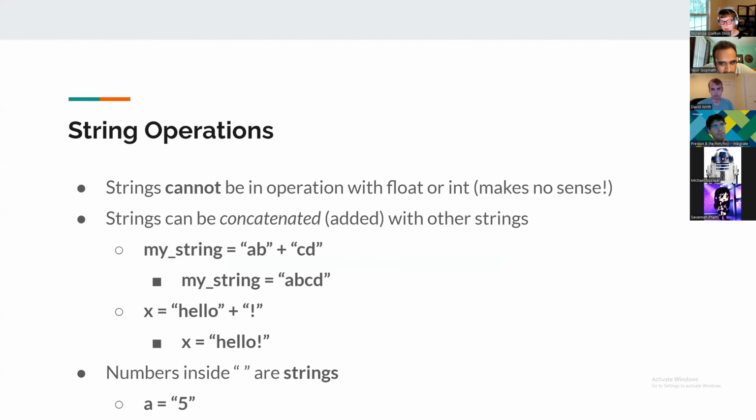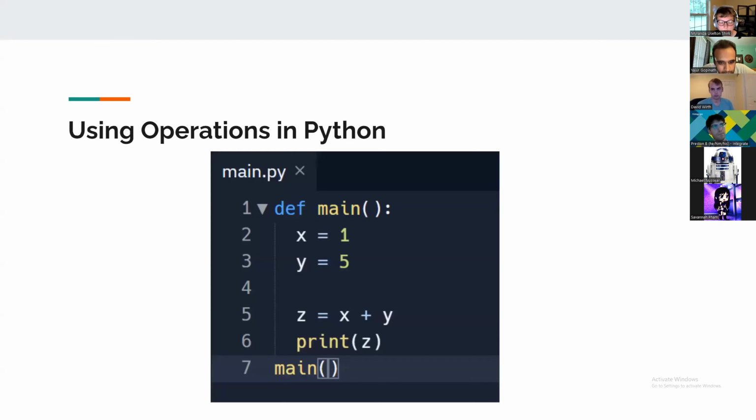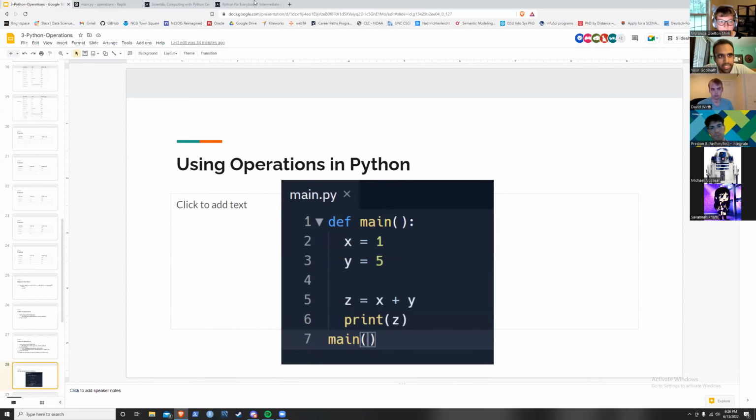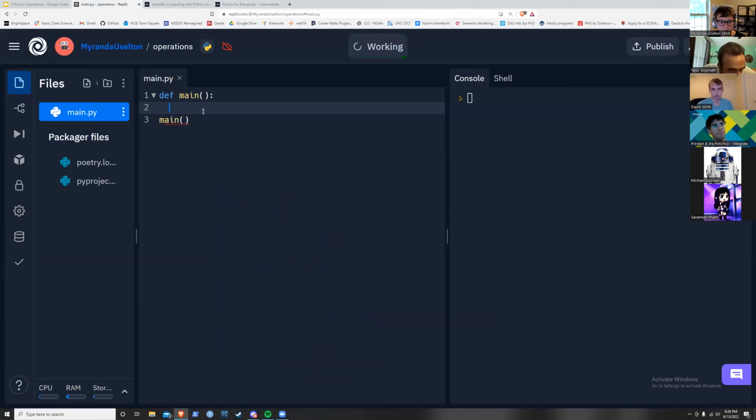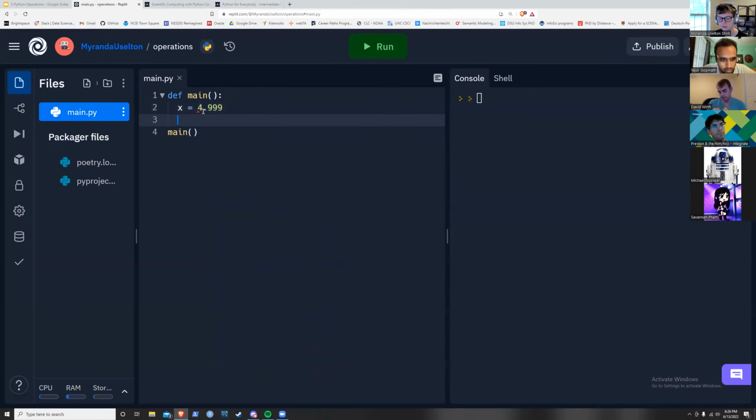I can go back, and I wanted to show some examples. Does anyone have an example that they want to type or check? I'll just start typing stuff. You can name your variables whatever you want. I'm just using x and y because it's easy to type. If I have x equals 4.999 and y equals 5,